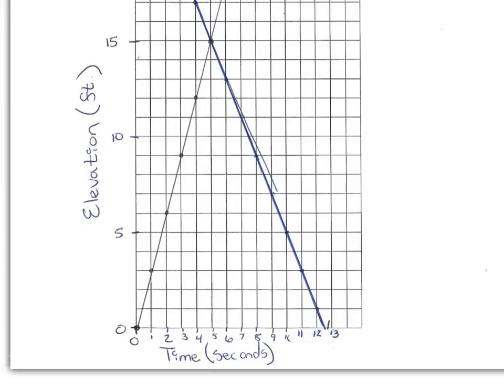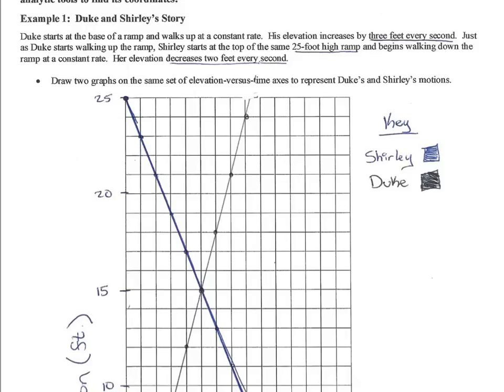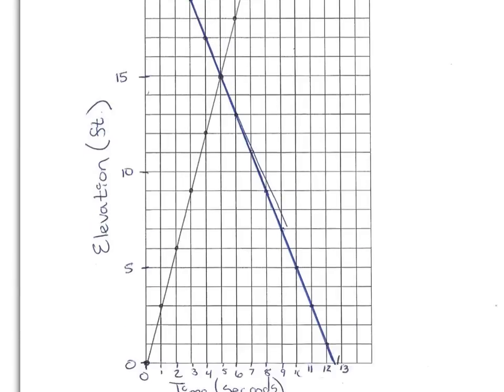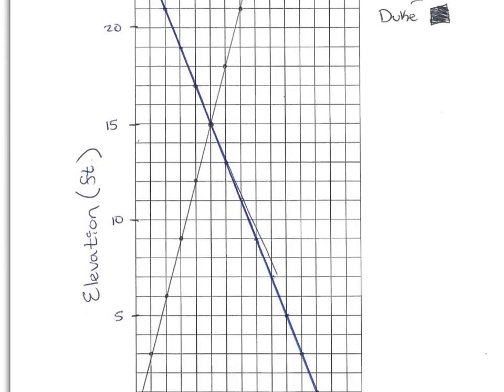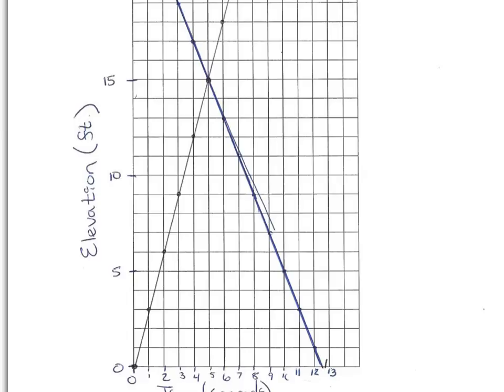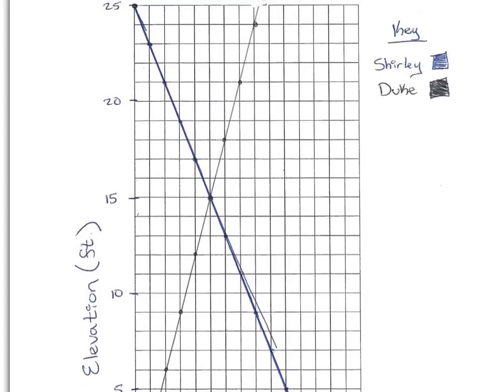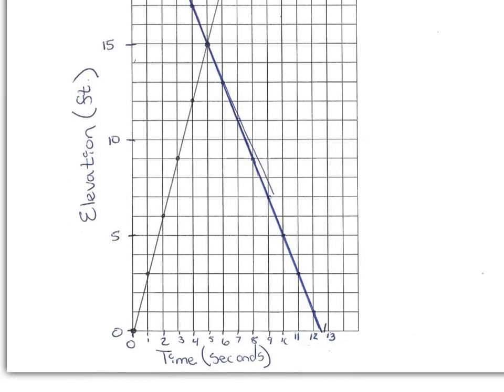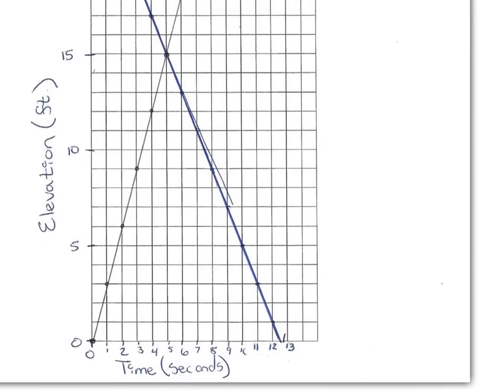Elevation, I knew I needed to get up to 25 feet because that's the height of the ramp. When I counted these boxes, I had 25 boxes, so that worked out well. I did not label every single one of those lines. I labeled every 5th one, so you can see that there. If you need to, pause the video and draw in your axes. Moving on,